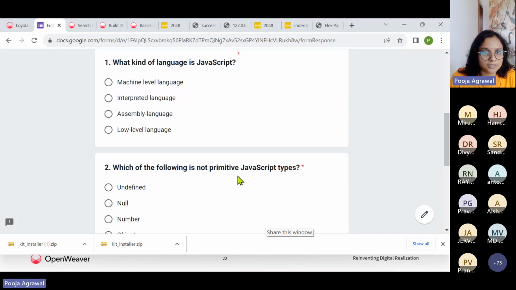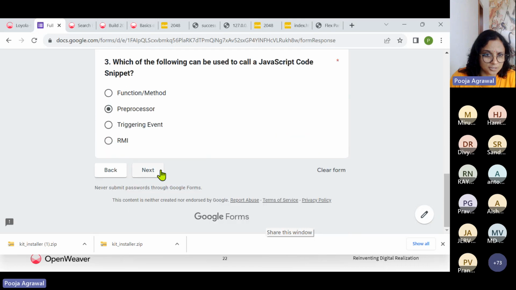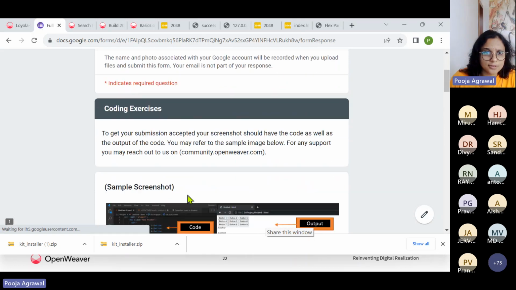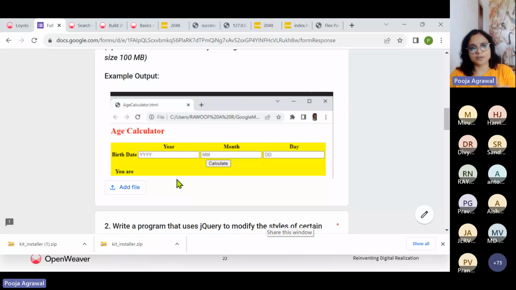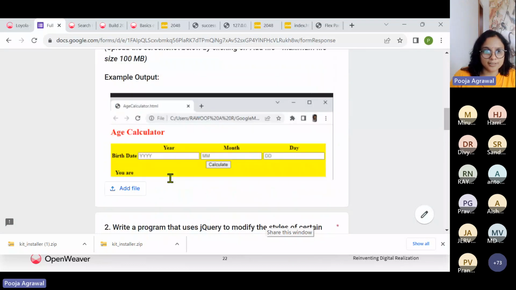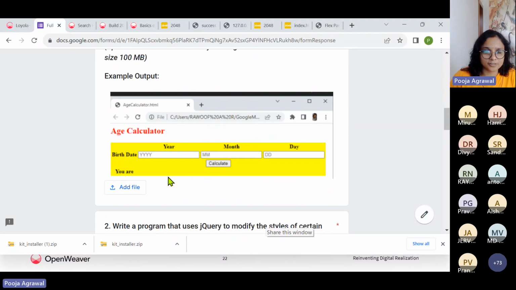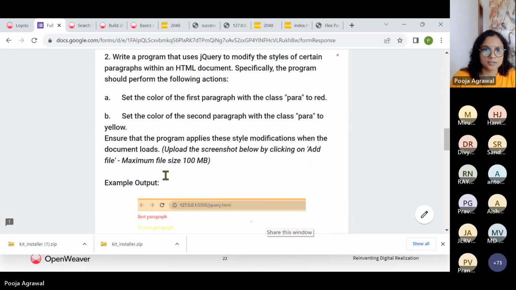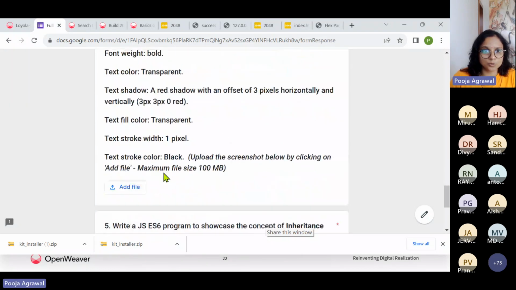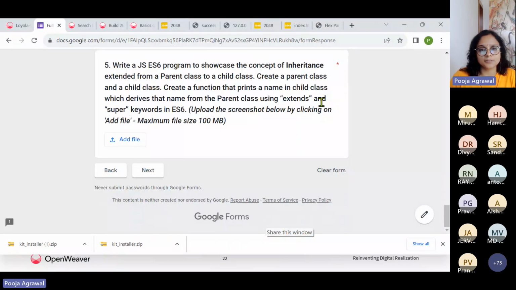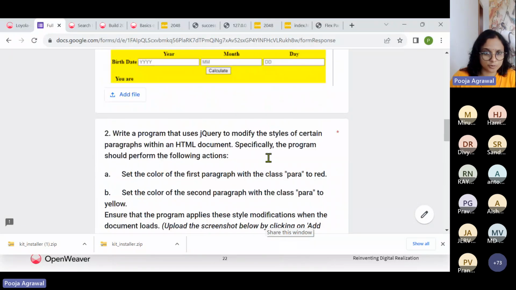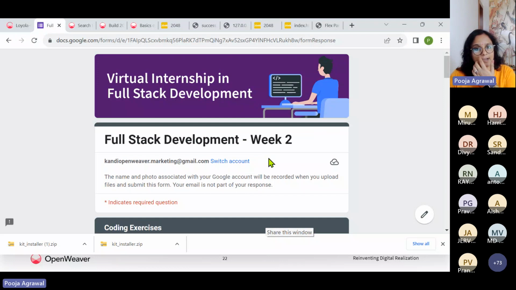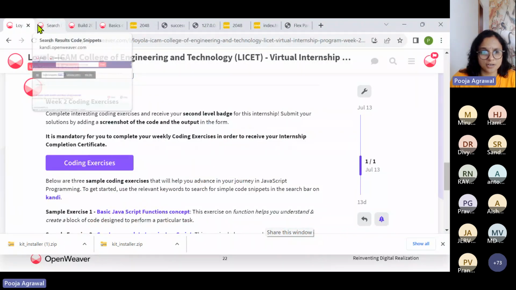Answer quick questions here, just the MCQs. Those of you who have attended the session properly will know it will be easier to submit the questions going forward for these coding exercises. And with that, I guess we would finish today's session.